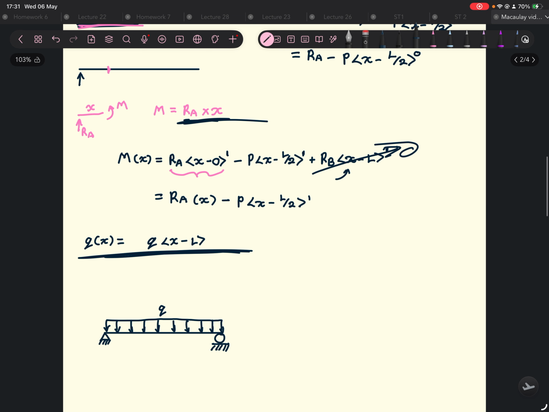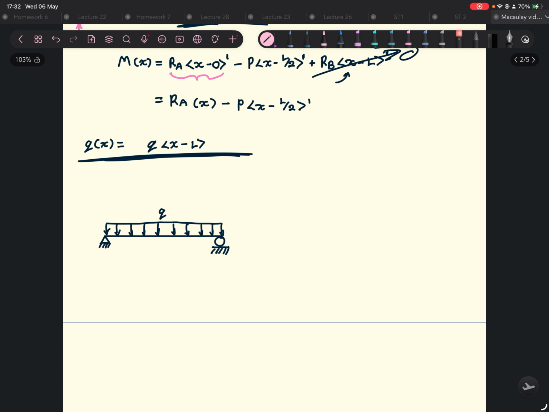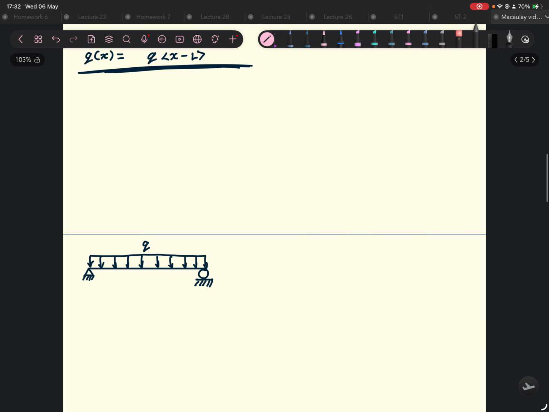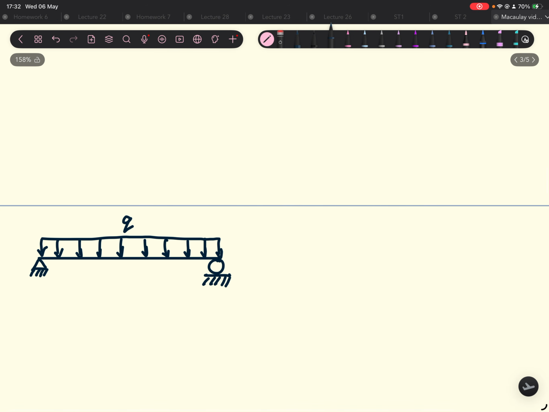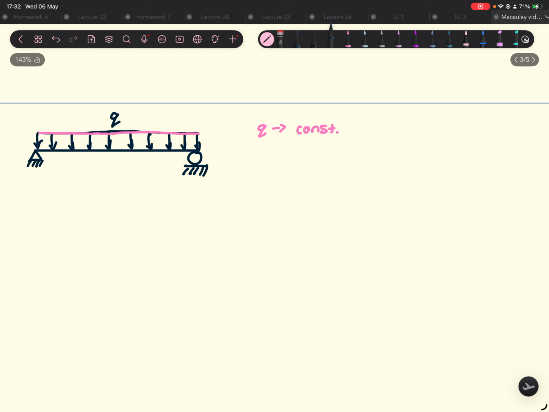The next question, this one over here: if you wanted to write an equation for Q along the length of the beam, so Q is a uniform distributed load in this case, so we expect Q to be constant throughout the length of the beam, right? And Q starts from 0 up until a length L, right? Cool. So our Q of x will then be Q